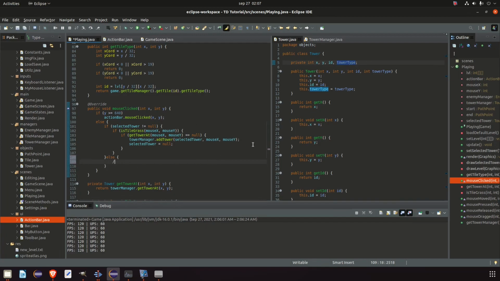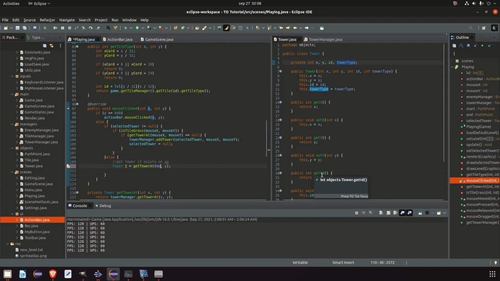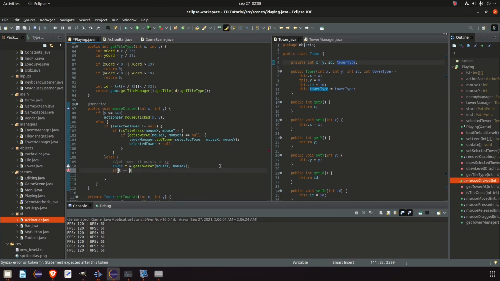And in here we want to get the tower if it exists on XY. We're going to make a check here, or we're going to create a tower here. Tower T equals get tower at X and Y. But we actually need to use mouse X and mouse Y, like so. If T equals null, then we just return. Else, if it's not null, meaning that we found a tower, then we would like to